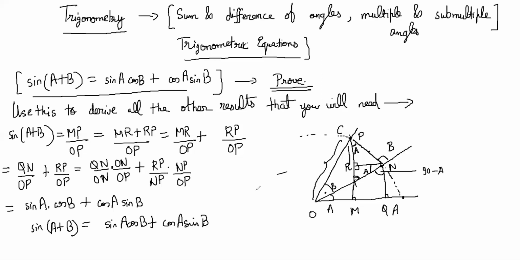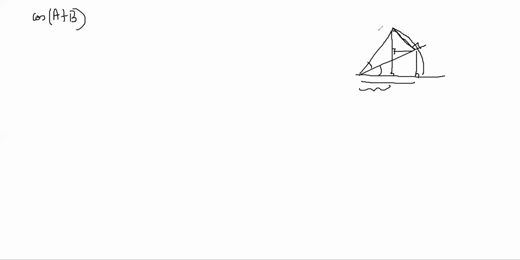Okay, makes sense. This has come by a geometrical proof. Similarly, if you do the same thing for cos of A plus B, I can draw similar triangles, rotate a line like this, get two angles and draw perpendiculars, exactly the same figure, but you are focused on cos of the angle, right? Draw perpendiculars, same figure, but you do A and B cos of it.